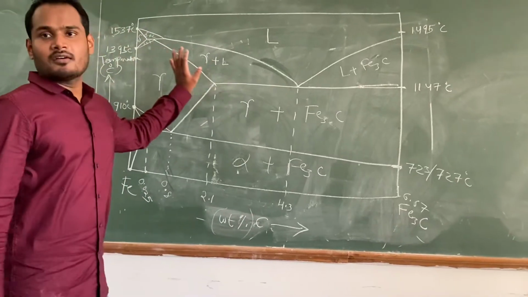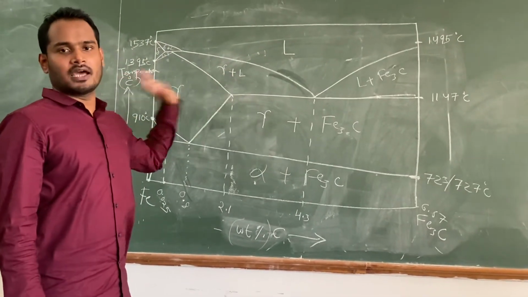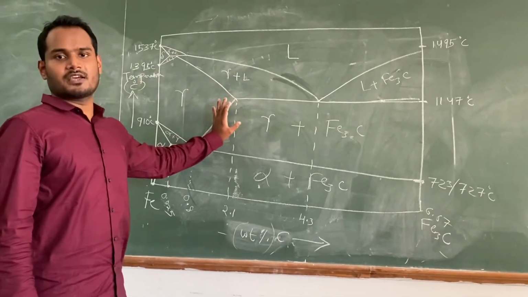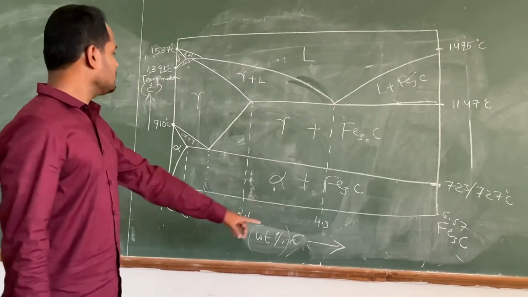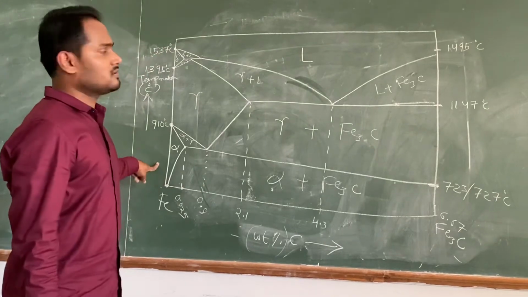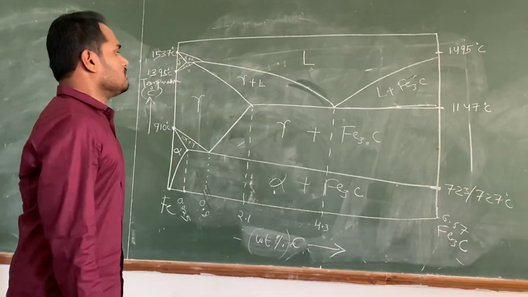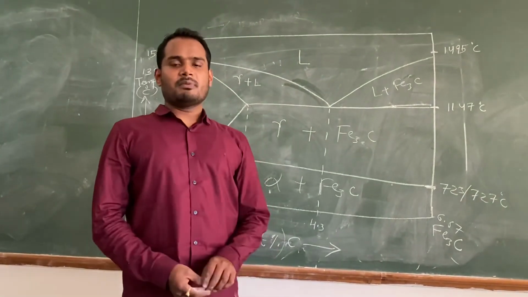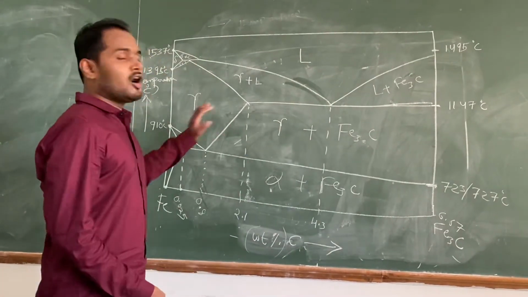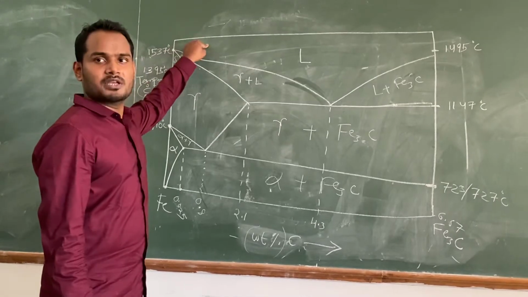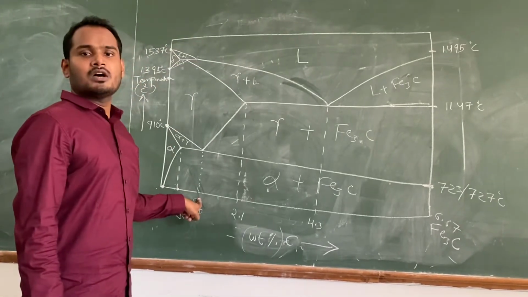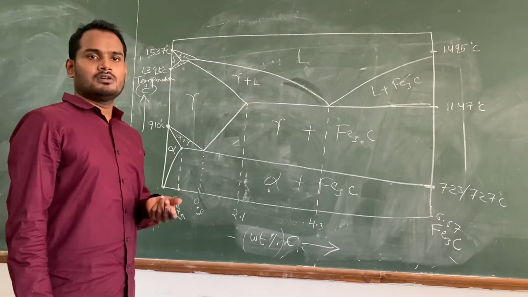So this is an iron-carbon phase diagram, or you can say iron-carbon cementite metastable phase diagram. I have already mentioned all the weight percentage of carbon here, and the temperature over there also, right? So people may ask you a question: how will the microstructure evolve if I start from the liquid temperature and go down to room temperature?